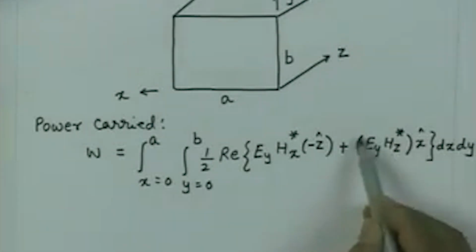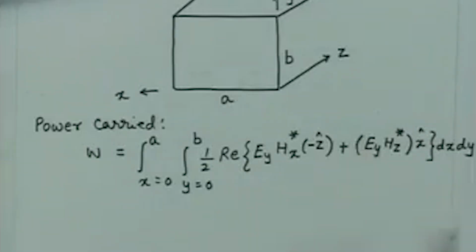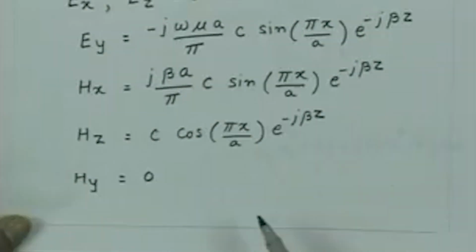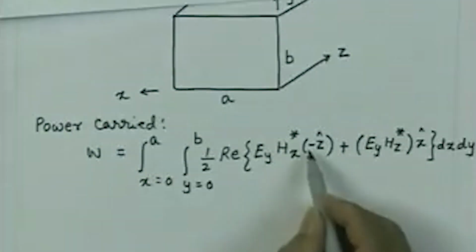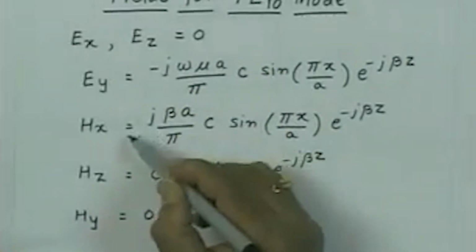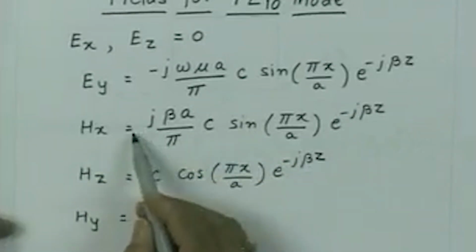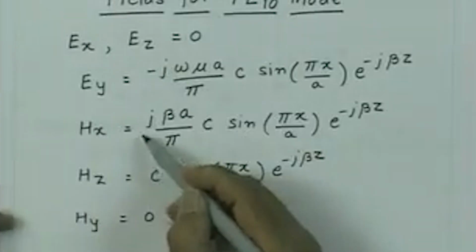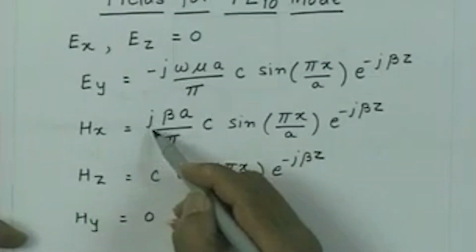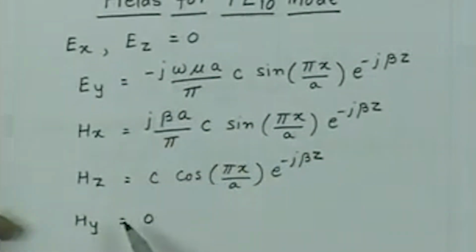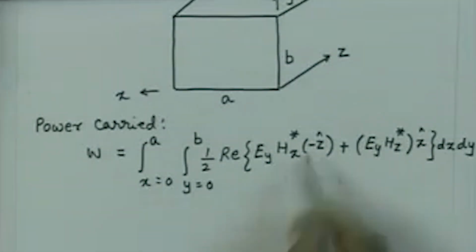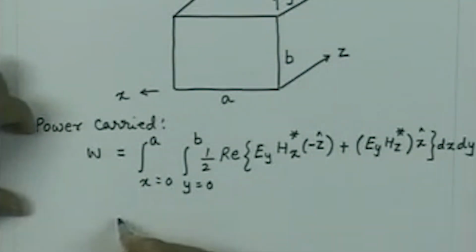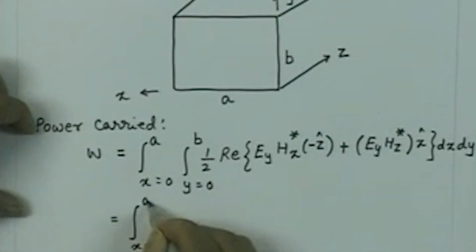Now as I mentioned, this quantity is purely imaginary from here. So the product which we require is this, and this minus z, if I take Hx conjugate, this will become minus j. If I take a product of these, that will become plus. So my j square will become minus, and then this minus sign will compensate for that. So you will get x equal to 0 to a, y equal to 0 to b,